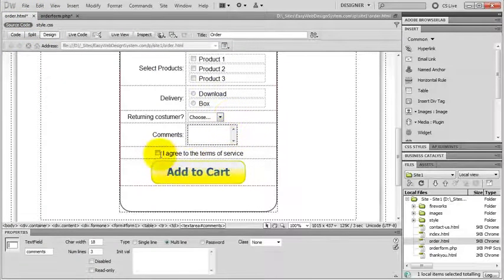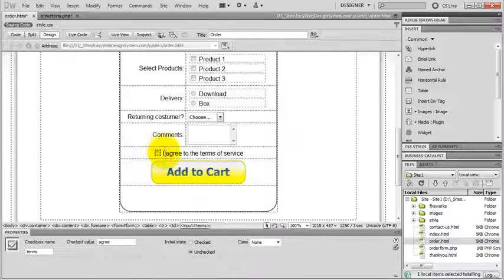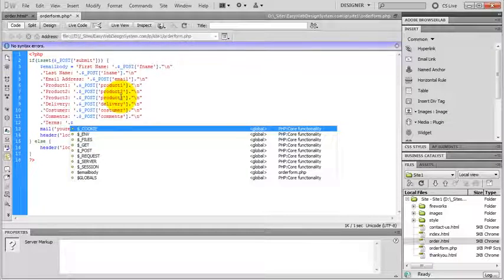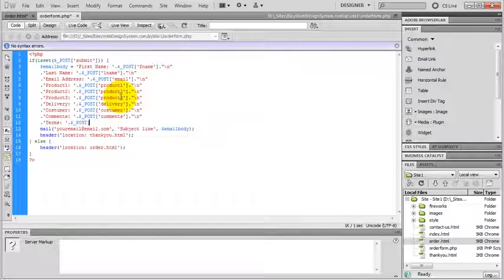and the last one is a single checkbox. I select it, and the name of this checkbox is terms. I'll go back to my PHP file, and I type in terms, and since I'm at the end of the variable I'm defining, I use a semicolon to exit the command, and my PHP file is ready. I'll just save it real quick,